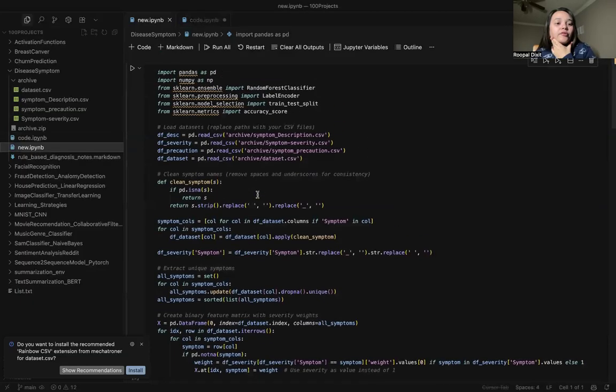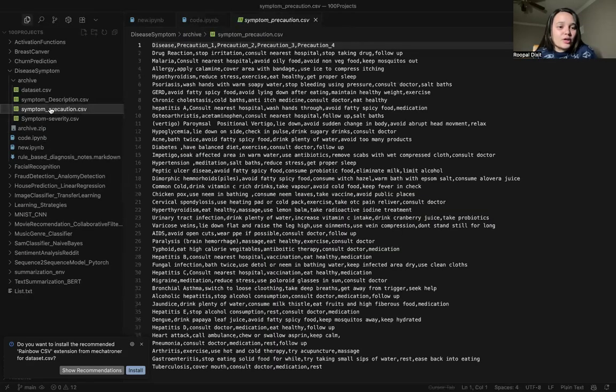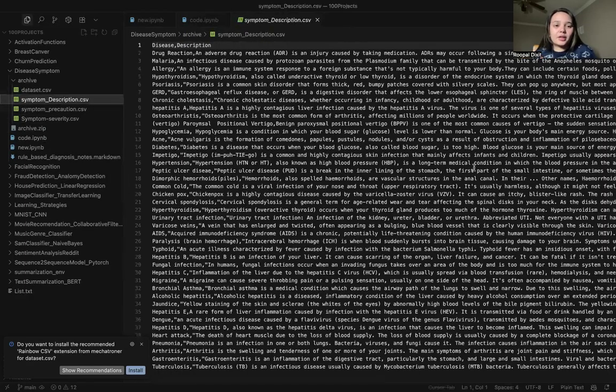So for this, now we will implement and merge all the data sets that we have. Before, you can see, okay, let me save this, we can see that I gave the symptom that was itching, and it gave me the accuracy and the predicted fungal infection. Now on the basis of precaution, severity, and description, what fungal infection actually is, I think it is there. Human fungal infections occur when an invading fungus. So this is how it's going to be.